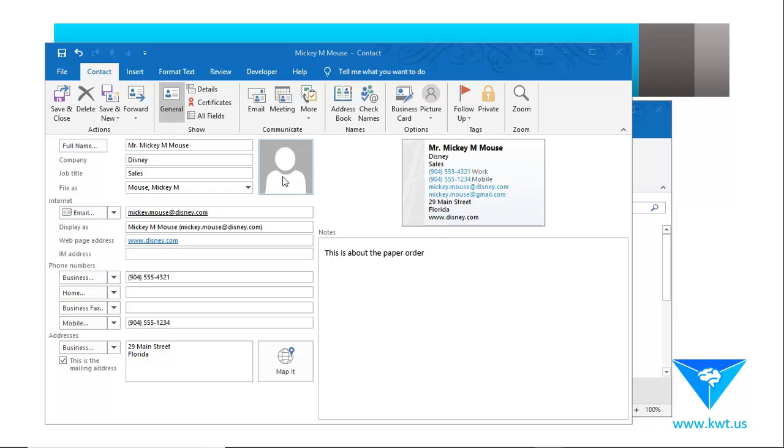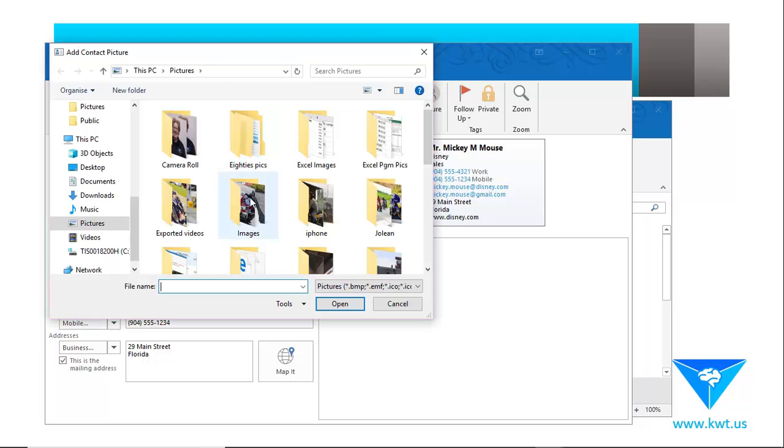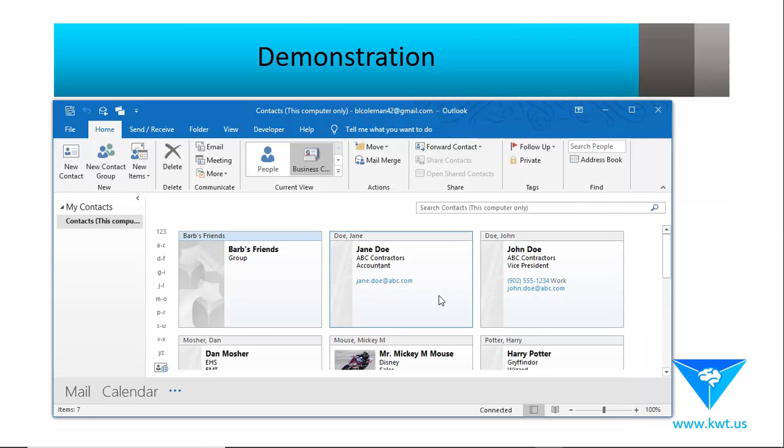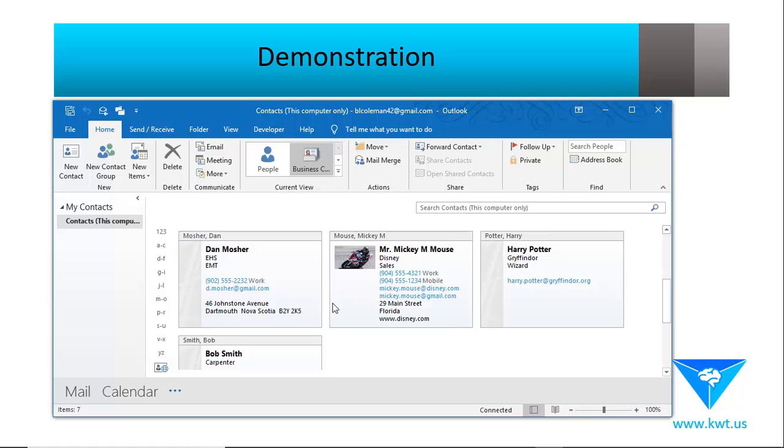You can also add a picture. So you can grab an image of any kind to help you identify that person more easily. And that's the basic information. Now, there certainly is additional information, but we'll talk about that in another couple of slides. So we can save that now, and I now have Mickey Mouse down there. And when I'm in this card view, I see the image, I see all the basic detail about them. Okay, so